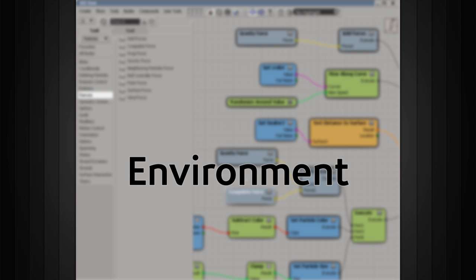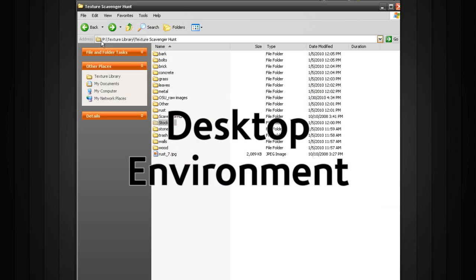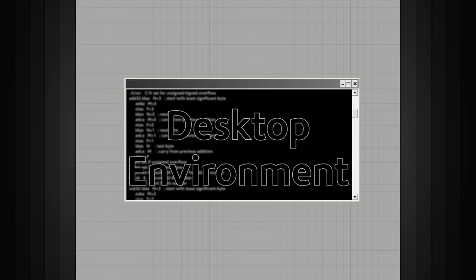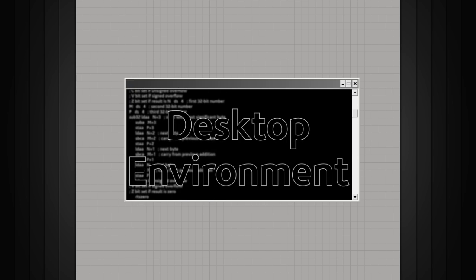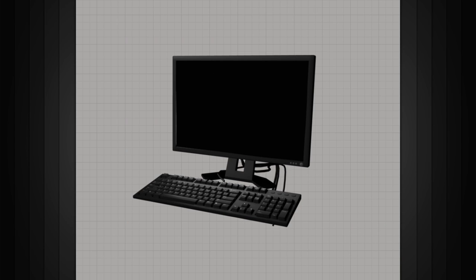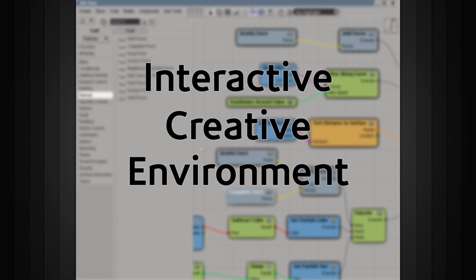Now, you're currently controlling your computer on something or through something programmers call a desktop environment. Whenever you double-click an icon or copy a file, the desktop environment interprets your actions into machine code or lines of code that the computer understands. Now, the desktop environment is a way you can control very complex systems and data, like a computer, quickly and easily. So, the Interactive Creative Environment, or ICE, is a way you can control very complex systems and data in